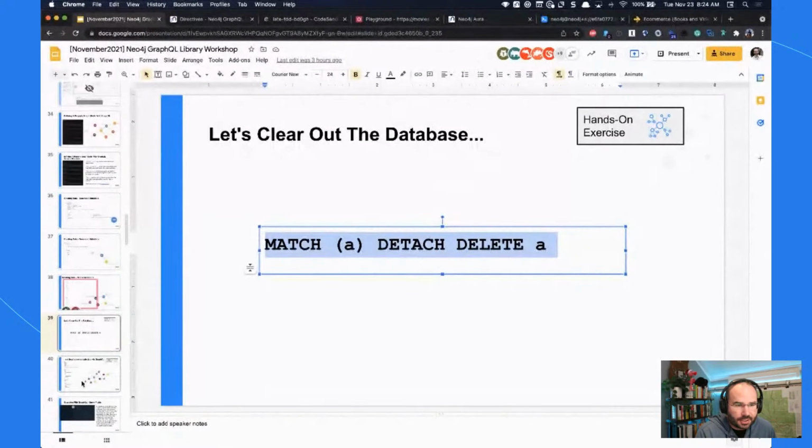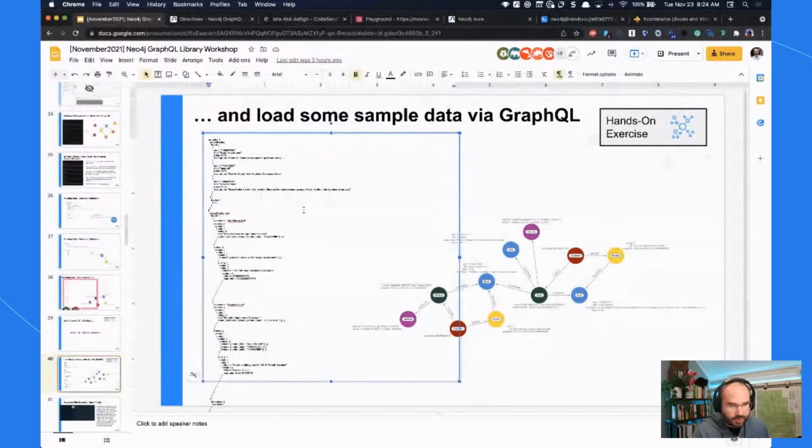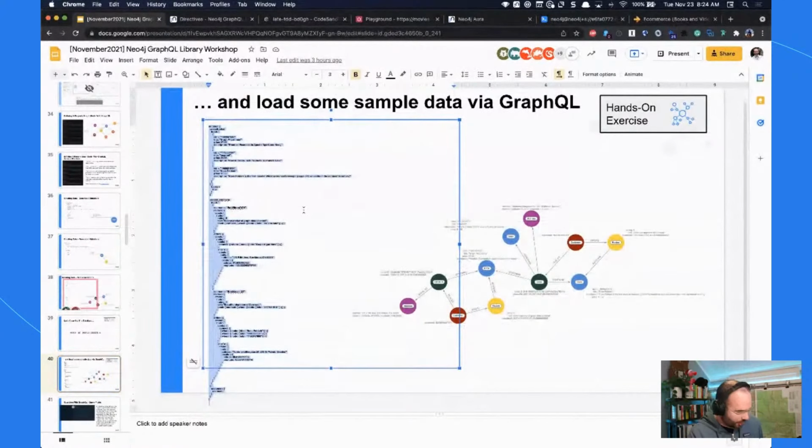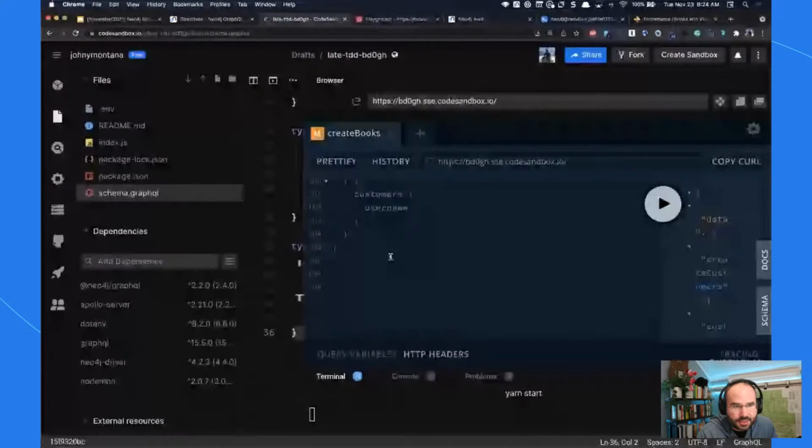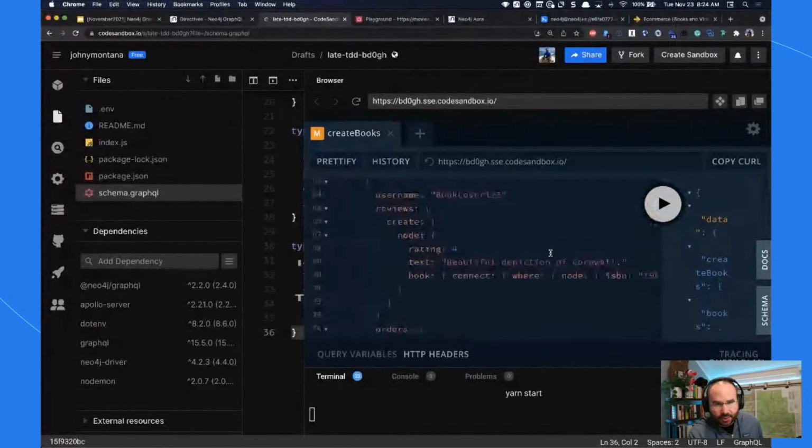Okay, so we cleared out the database. I'm going to copy this much larger mutation. This is what's on slide 40. I'm going to run this mutation in GraphQL Playground running in Codesandbox, and this is going to load the sample data that we want to work with